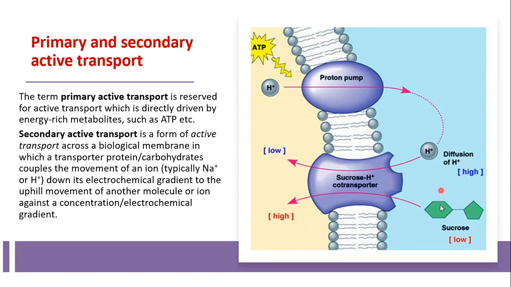Other ions, as I mentioned in the previous slide, like potassium, can also move along with these H ions from outside to inside. So this is secondary active transport. In primary active transport, direct energy is used, but here the energy is not directly used, but the energy-utilizing phenomena which develop this